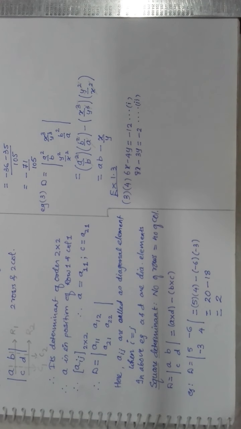Now going to exercise number 1.3, third question. We have already discussed questions number 1 and 2 in a different format. So now we will go to question number 3, and here you see it is a linear equation in two variables. The first equation is 6x minus 4y is equal to minus 12, and the second is 8x minus 3y is equal to minus 2. If it is not told, you can solve it any way. But what is Cramer's rule, that I will explain to you here.